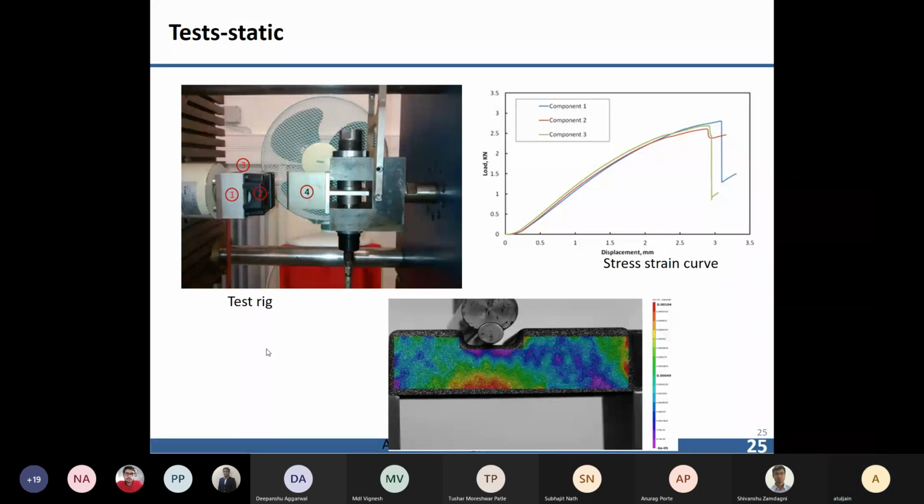So a special test rig is designed where there are multiple pins through which you are joining this part to the rig. So this is a pin if you watch carefully. Number 2 is my part. 3 is my load. The top view will look something like this. This is the load that we are applying. This is horizontal. You can also have the vertical load.